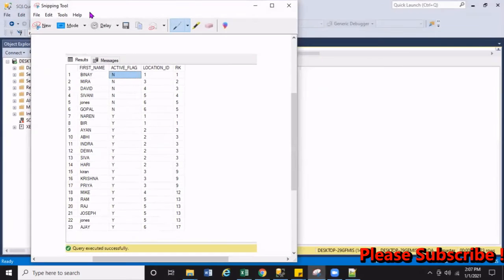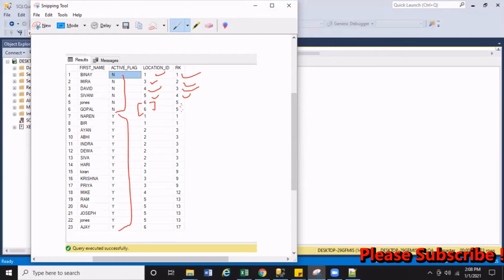Okay. So in the group, there are basically two groups, Y and N. So in group one, Binay is living in one location, so he's given one, and he's living in three locations, so he's given 2, 4, 3, 5, 4. Now see, they are living in the same location, so for them it's giving rank 5.